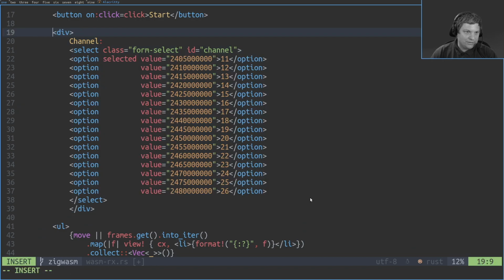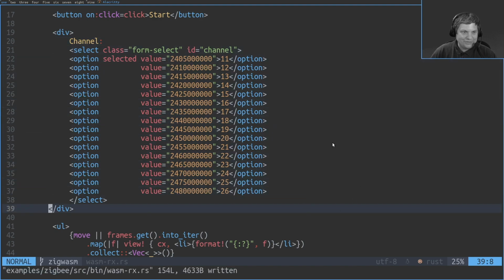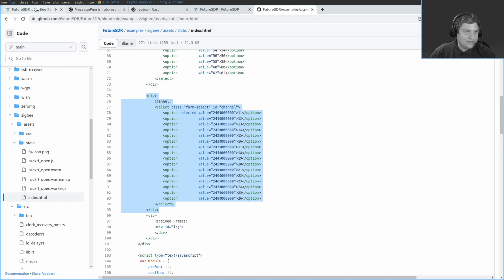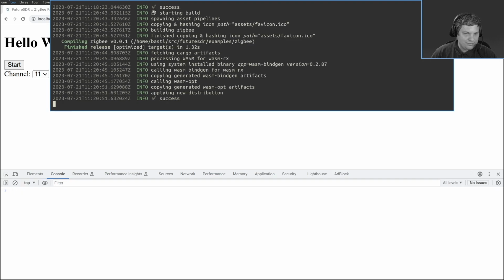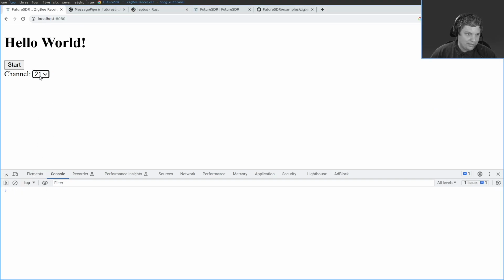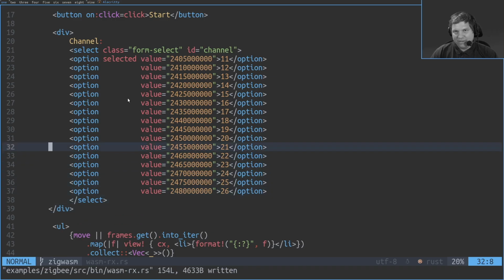Still have to tell my editor how this stuff should be formatted. Let's see if this is already providing us something. I guess it should in some way show up. I mean, not do anything, but yeah. Okay, now we have this channel selector on this side. Now there's only the question of how do we now interface this thing from